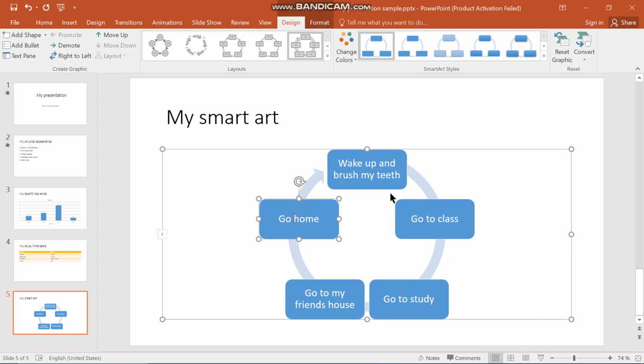So from this diagram you can actually tell how I usually spend my day. The first step will be that I wake up and brush my teeth, which will lead to me going to class. After class I go to study, I go to my friend's house and hang out, and then I go back home and take a nap, which will lead me back to waking up and brushing my teeth all over again. So that's basically the whole gist of adding a smart art to